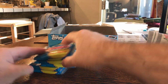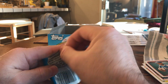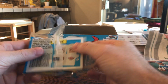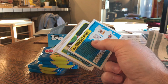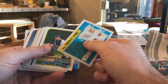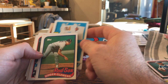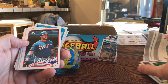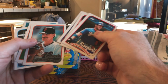So XRCs in traded and update sets, and rookie cards when it comes out in the regular set. And they kept that designation, I think it was through 1988, is what I read, through most of the 80s. There's the Rocket, not the rookie card, but again, I do think at some point that